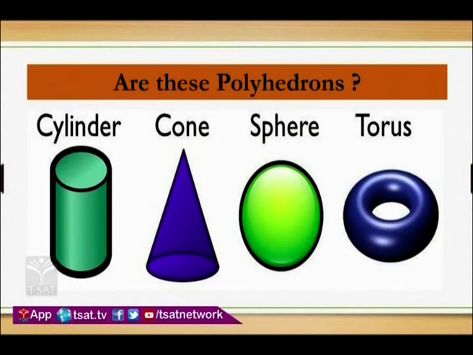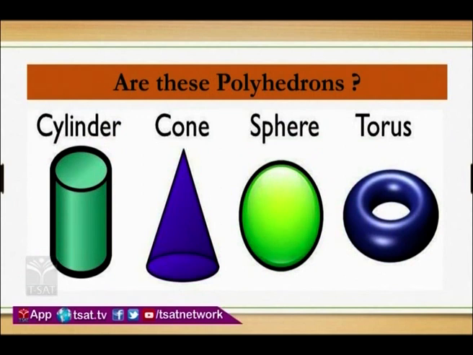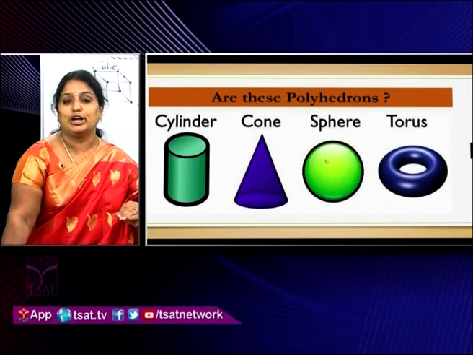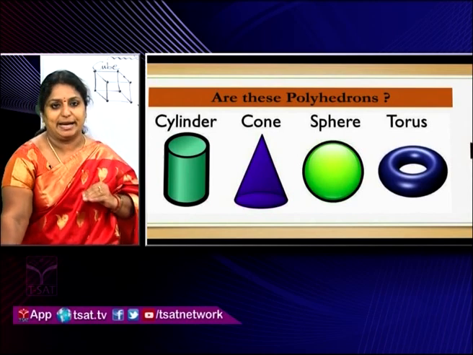Now see the next one. Are these polyhedrons? Now, question to yourself. In the image I showed you before, they have only polygons. Anything you take, a tetrahedron, a cube, an octahedron, any image here, is made up of polygons. Now you take this. Are these polygons, children? Just ask yourself. If not, why are they not polygons? The reason is, these images are made up of curved lines. So any solid object which is made up of curved lines is not considered a polyhedron.